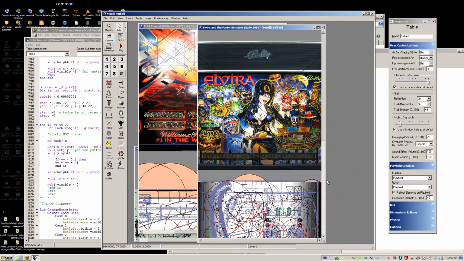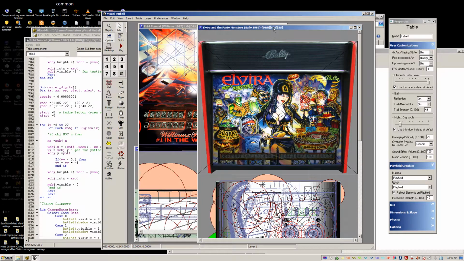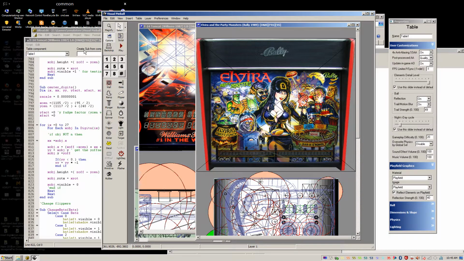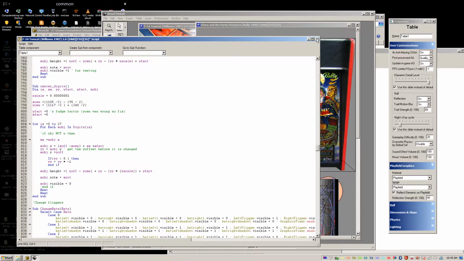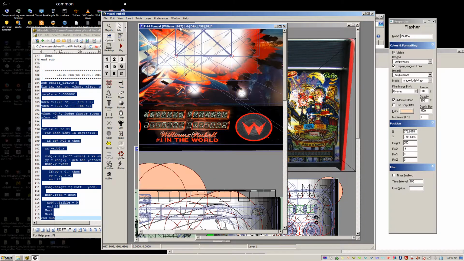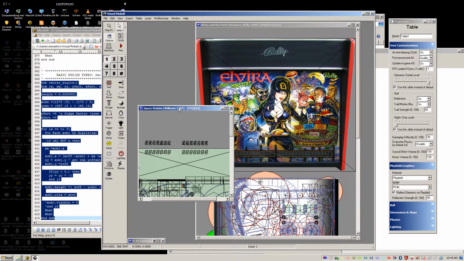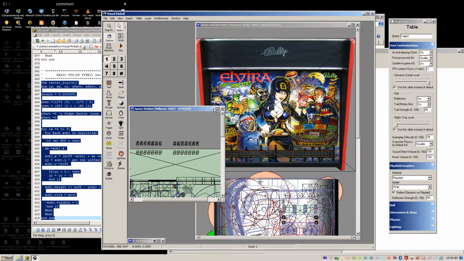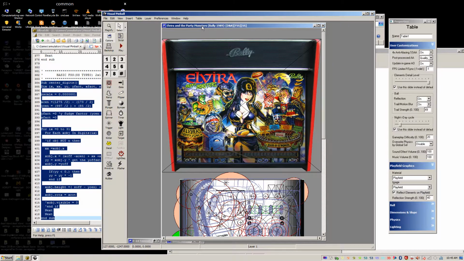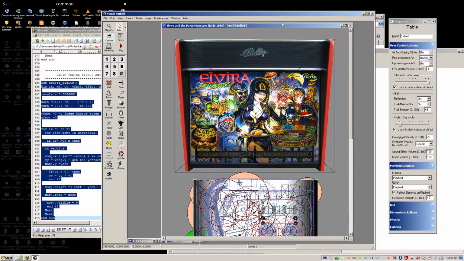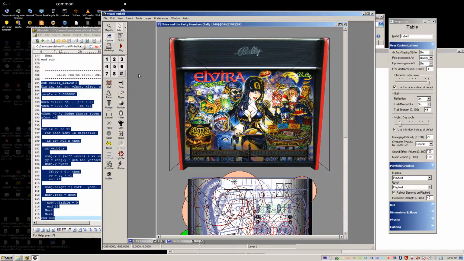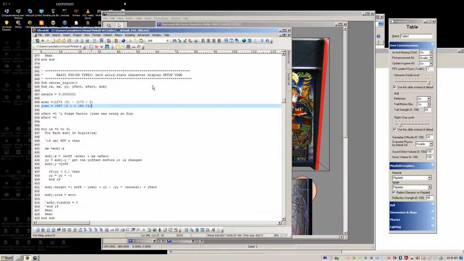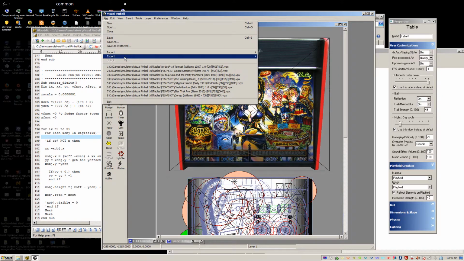Okay, so for Elvira, it's the standard set. I open up, so I'll close the script for F14 Tomcat. I'll just save it again here, make sure I've got that right. I'll minimize this to get it out of the way. I'm afraid to close this window because I'm afraid it might crash VP. So I'll do it at the end and see if it crashes. How's that? Okay, so I'm going to need this. And now I need to open up my